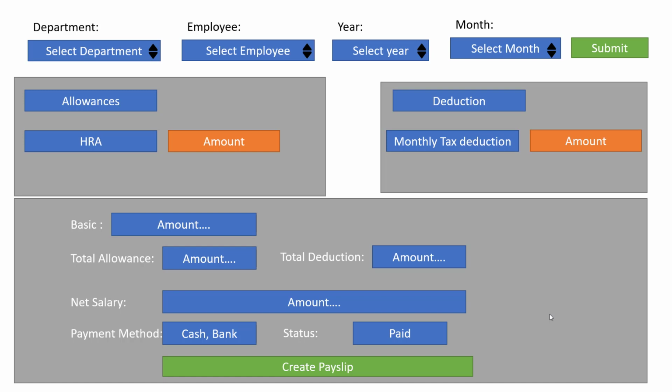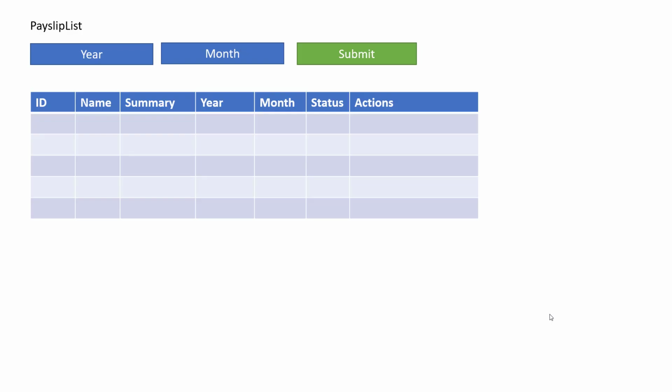The payment method is cash or bank. Basically the small companies pay in cash, and the large companies pay by bank transfer. So just click on bank transfer and the status is paid. Then you have to click on create payslip. After you generate the payslip, the ID, name, summary, year, month, status, and direction will be there, and you have to generate the payslip on the basis of the